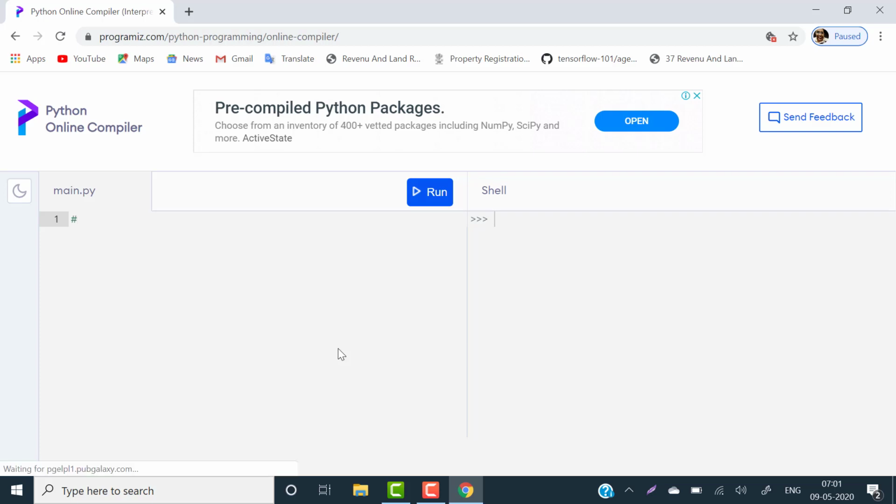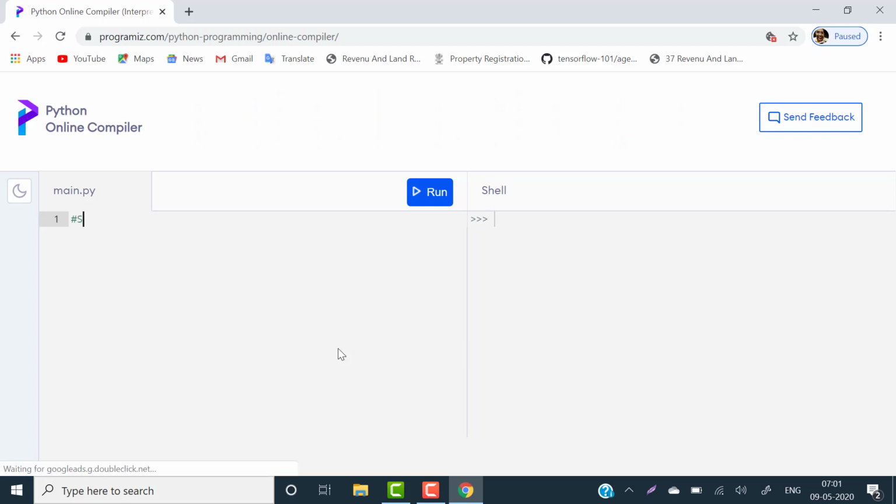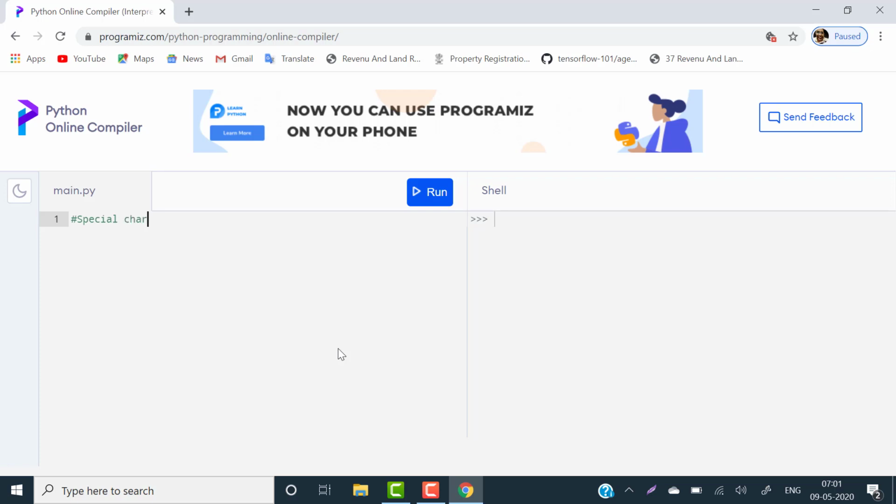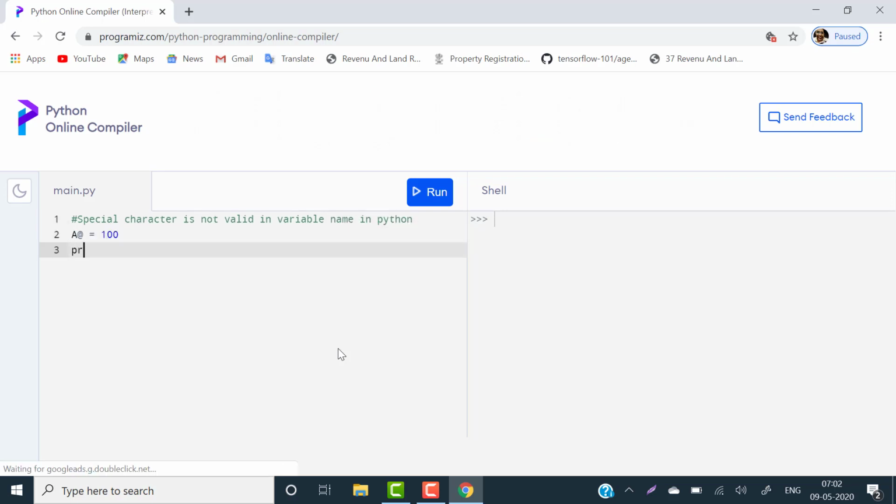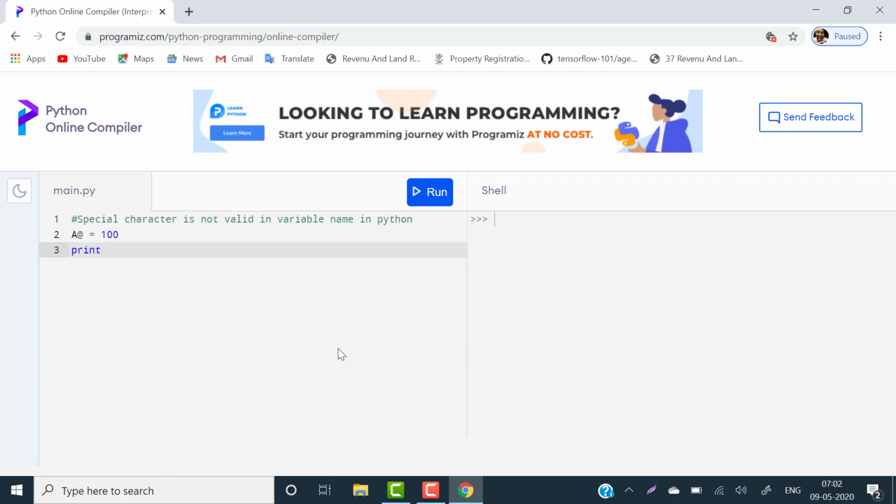Special characters are also not valid in a variable name in Python. Print a at the rate. If I run it, it gives an error.